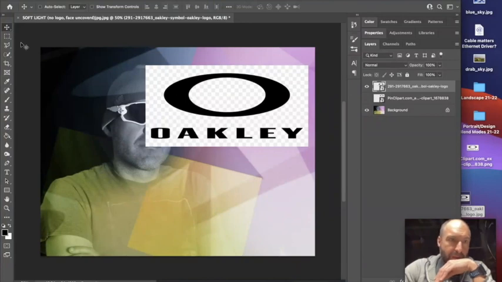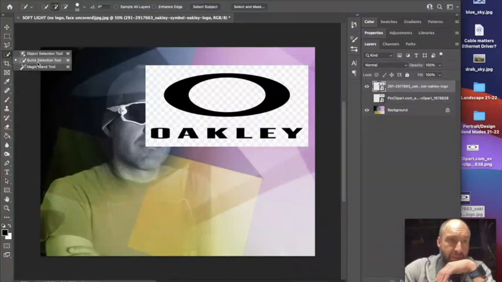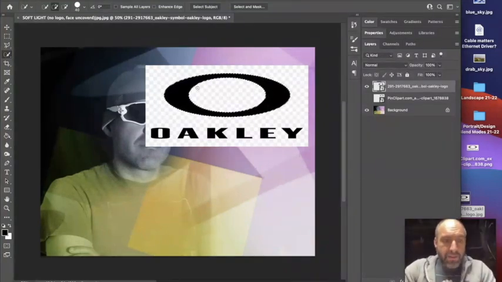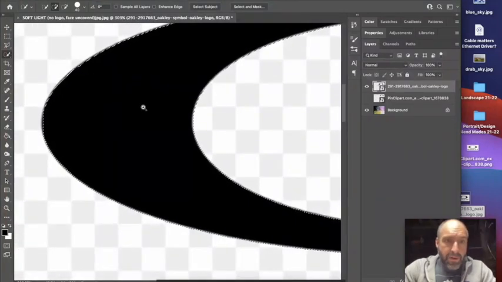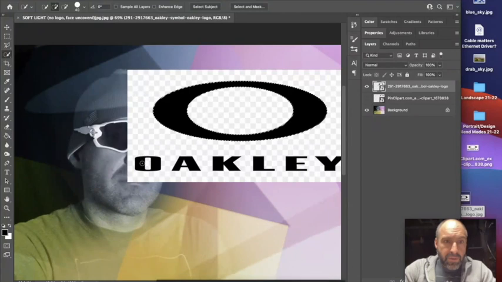In order to use these selection tools up here, you have the rectangle marquee, the polygon lasso tool, and the quick select tools, which is the one I'm going to use right here. In order to do this, this has to be a raster image. So when I click on it, actually it still lets me, so never mind. I click on it, you can kind of see that it's selected the black part of it when I clicked on there. So I'm going to come in here and click on the O, the A, K, the L,